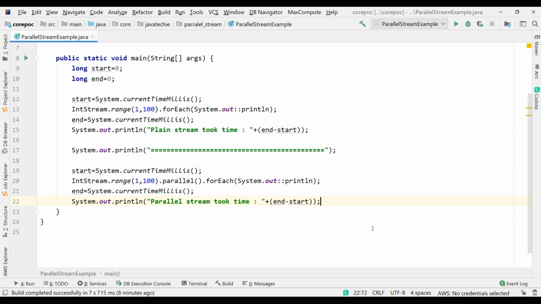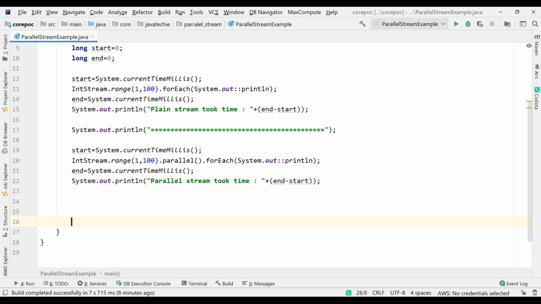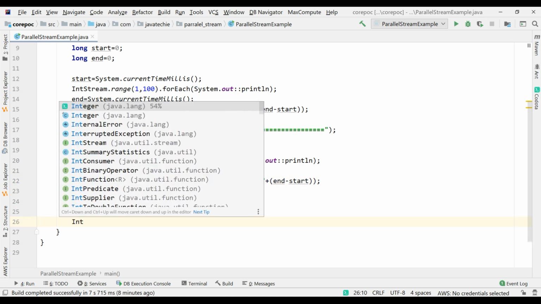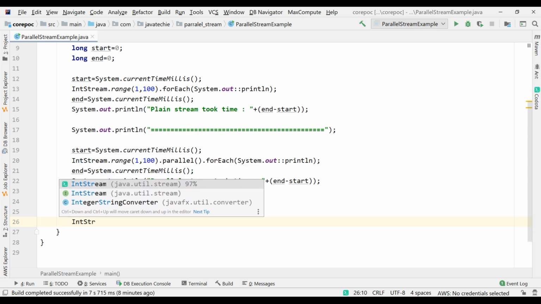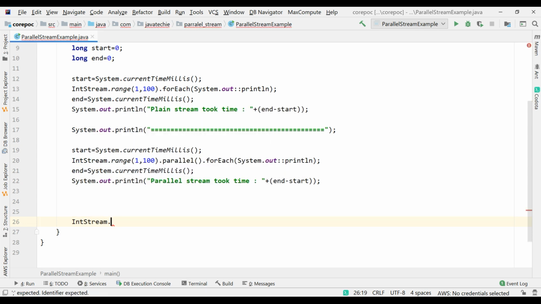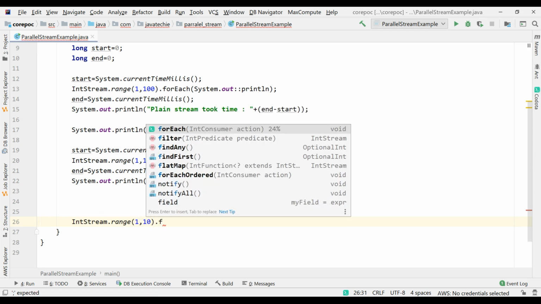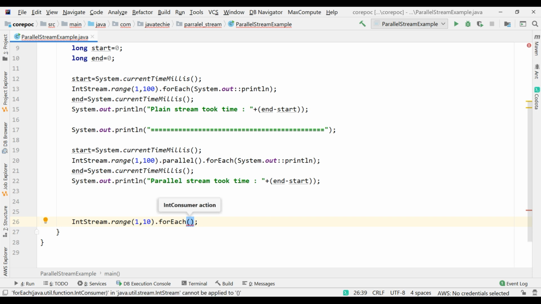So what I'll do, I'll write separate code for that. I'll write IntStream dot range. So I'll try for 1 to 10. Then I'll do the forEach x.